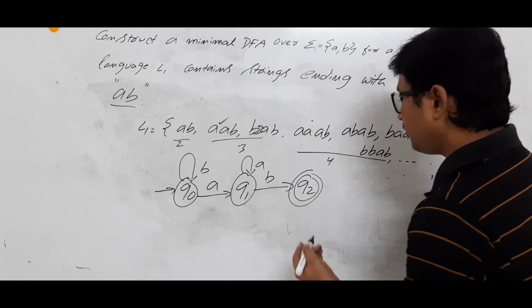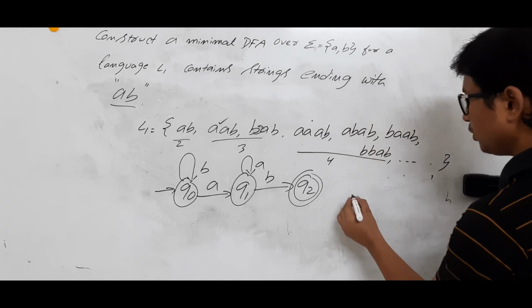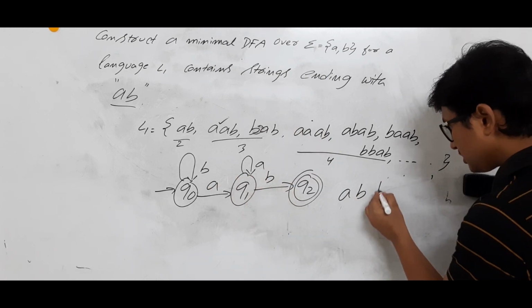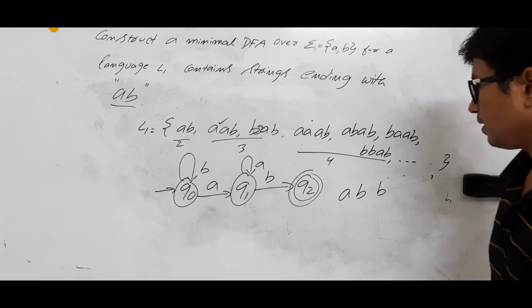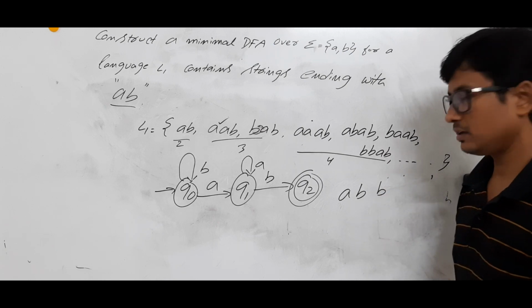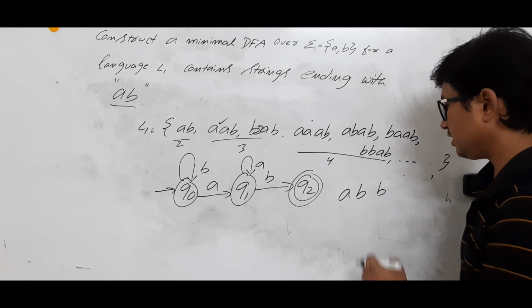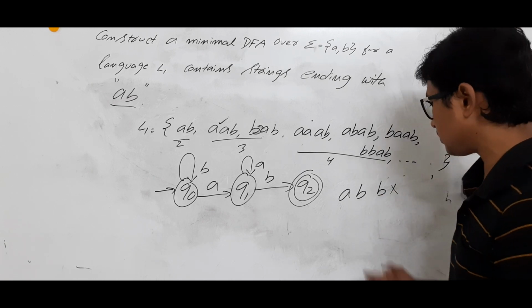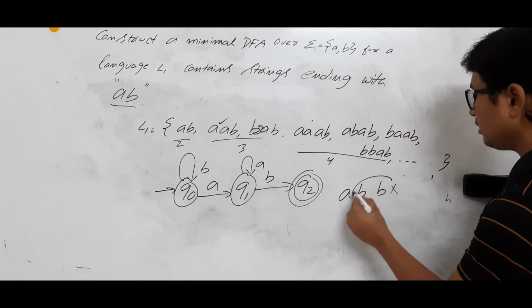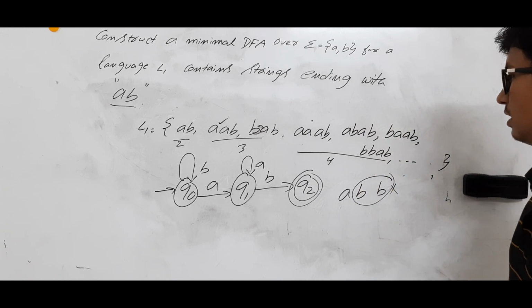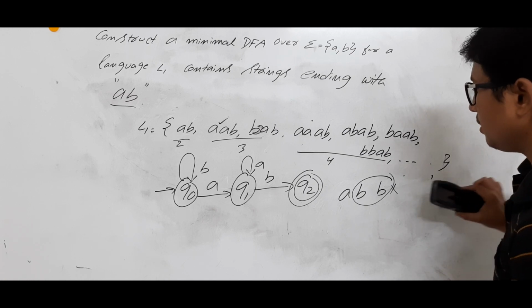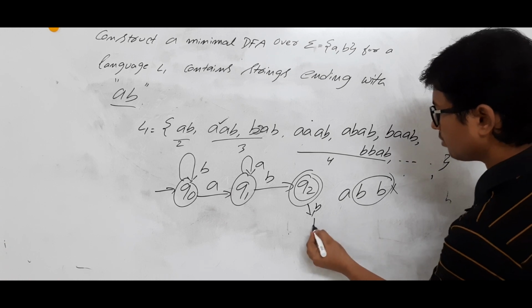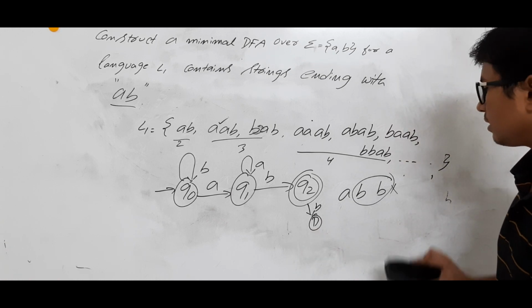Okay. If it is on B, meaning you have gone through the basic AB. If you see another B, then people will think that if it is ending with this B, it should not be accepted. Yeah, obviously it should not be accepted because this string is ending with BB, not ending with AB. So a lot of people will think, sir, it should not accept this one, so I will go for a dead state. It's done. But that is not correct.